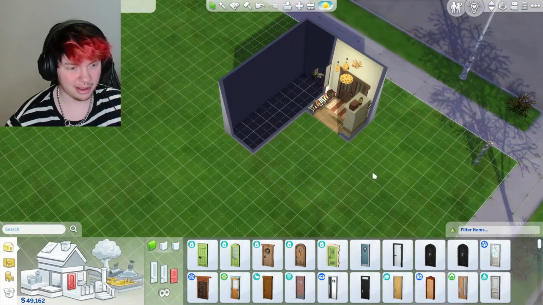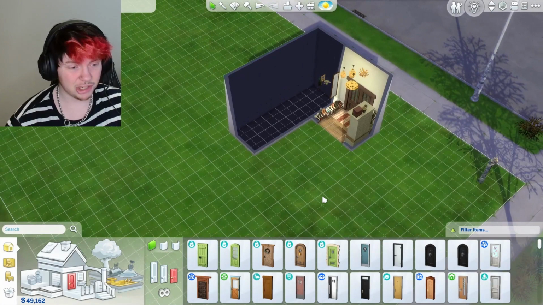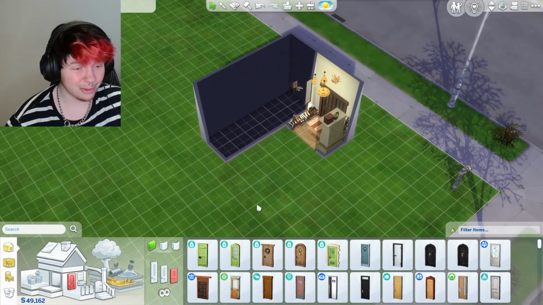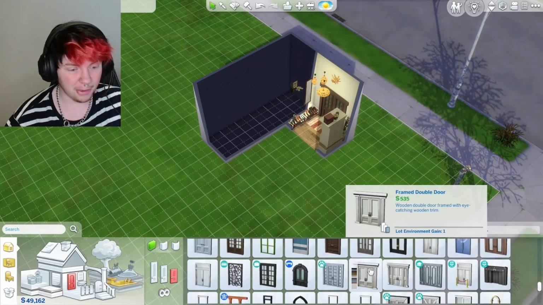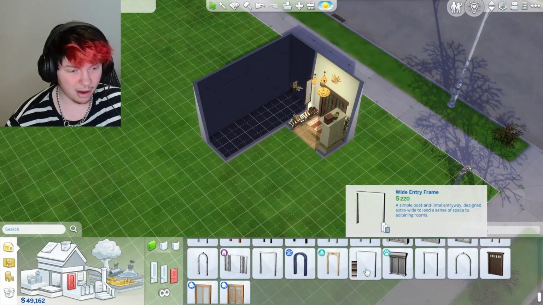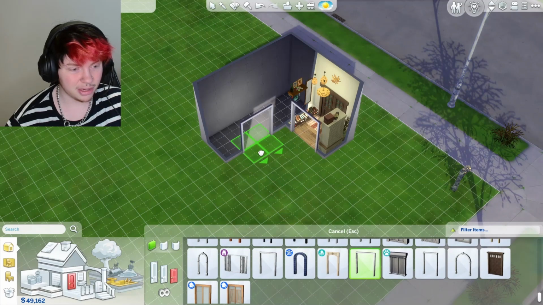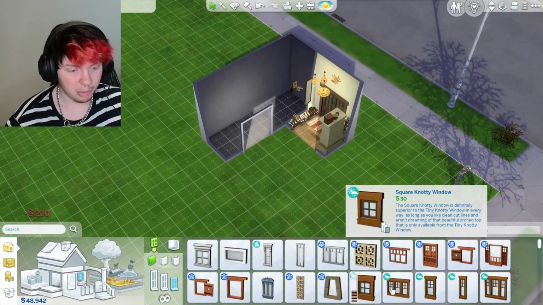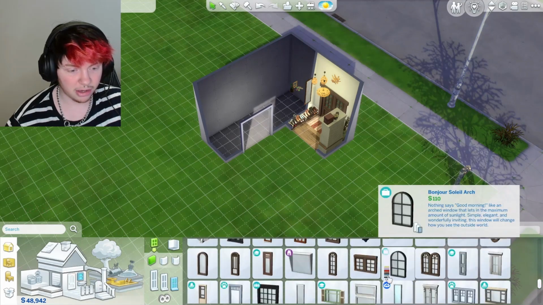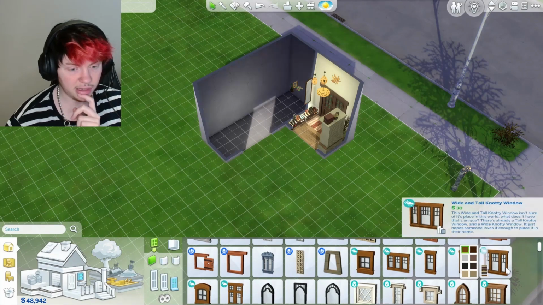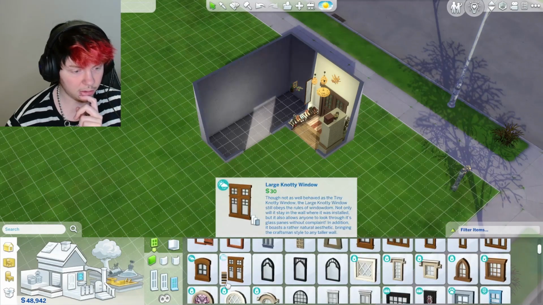Whatever. Let's add in our doors and windows, which I guess brings a bit more light into the room, but this is really horrible. I definitely, again, want there to just be a massive archway because otherwise it's going to feel even smaller and I would rather it just be like this. Window wise, I guess it'd be good to have quite a lot of windows so that we get a lot of natural lighting in. So I'm gonna go with these windows maybe, or we've got these ones which are